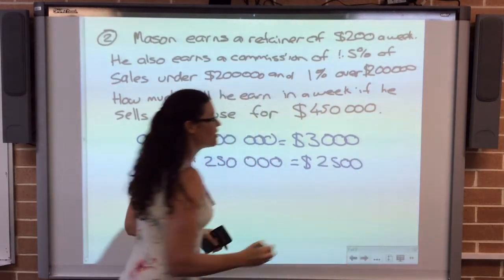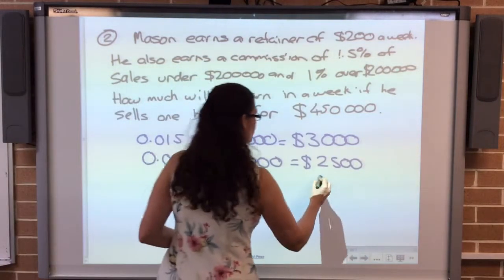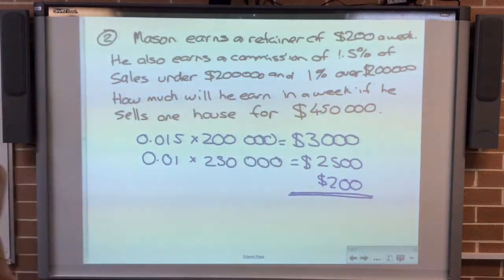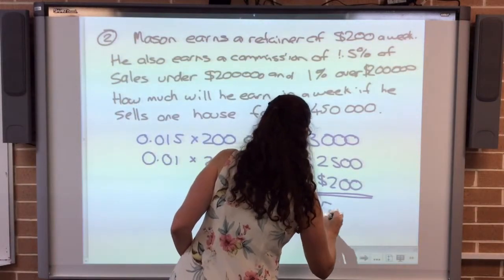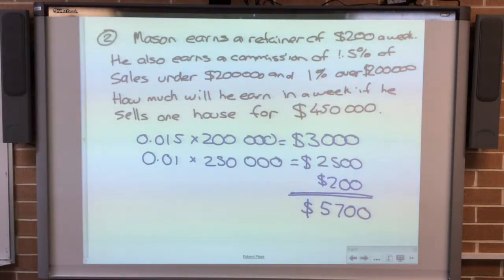2,500. He also gets his retainer, which is $200. Okay? So he's having a really good week because he just earned $5,700 in one week. He sold one house. Now, Mason's got to be really careful with his money because he knows that last week he only